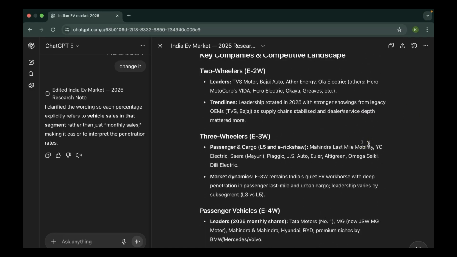Now I have used it for something really generic. All right. But how could you use it? So for professionals, you can build investor memos, you can create startup pitches, you can do industry deep dives like I have done for India's EV market. You can also do it for fintech growth.